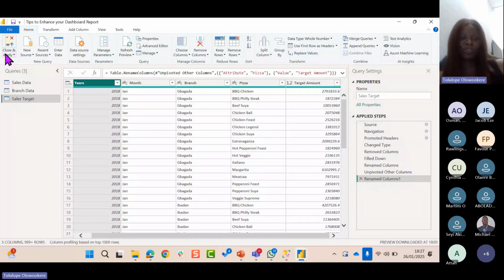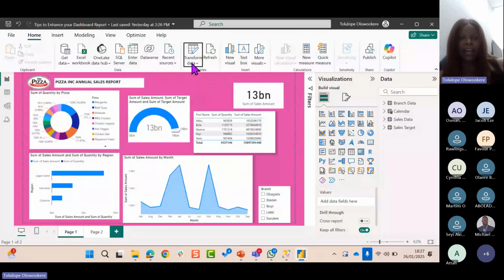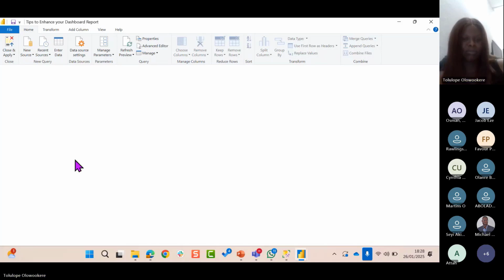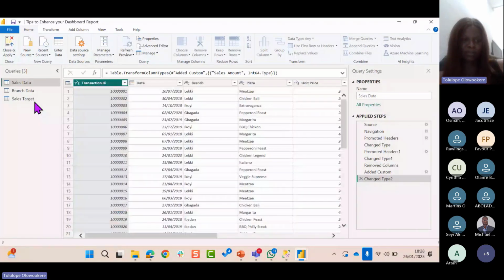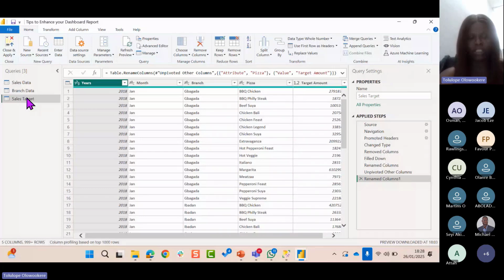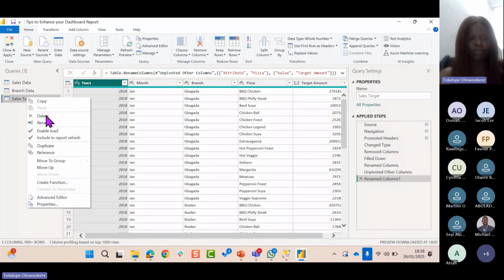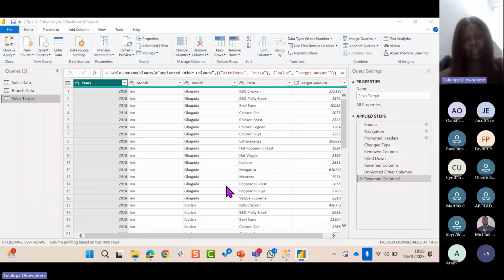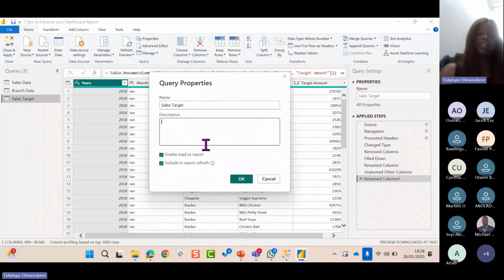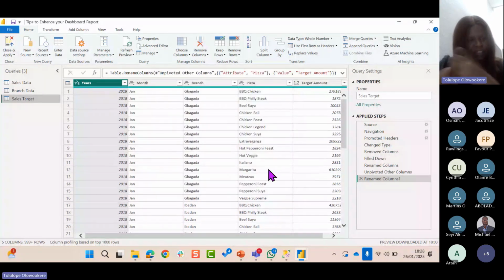So once we do some of that cleaning, I wanted to show us how we can document some of those notes. If you want to document what you did here, you can just right click, go to properties, and in the description you can say, okay, I pivoted the columns, something like this. So you're just giving it a note. Once you go back into